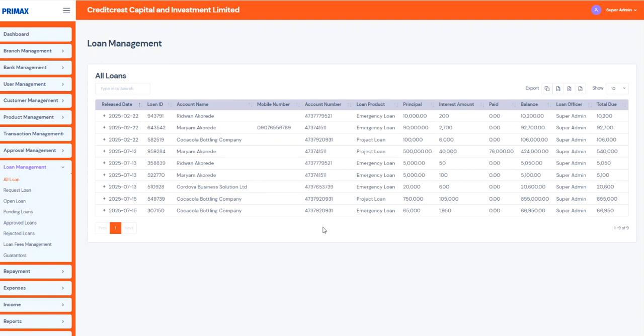All right, so this screen explains more details about loan management. So when you go to all loan, you can actually view all the loans, either open loan, closed loan, completed loan, partially paid loan, and so on and so forth on the system, right? So from here, you can actually download